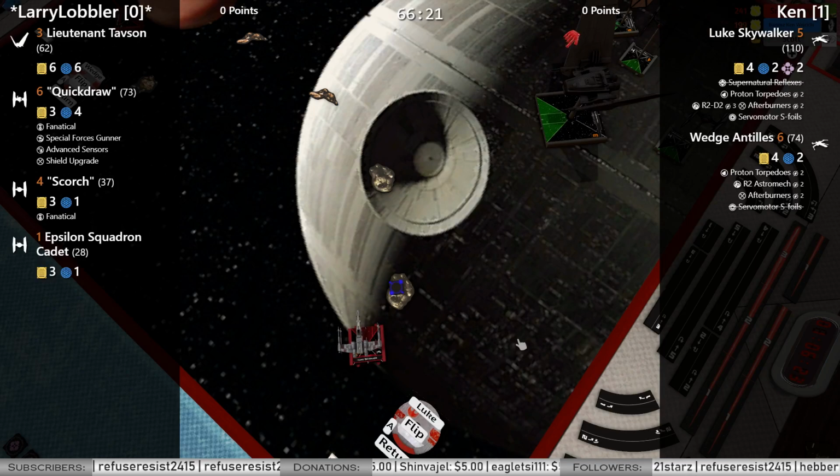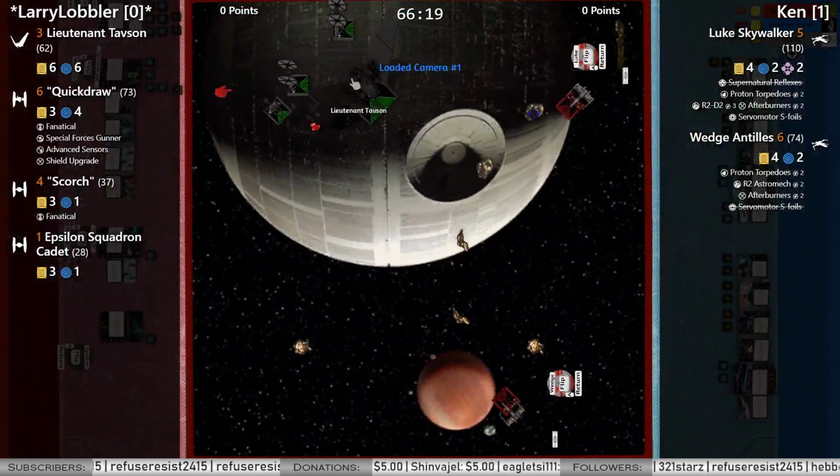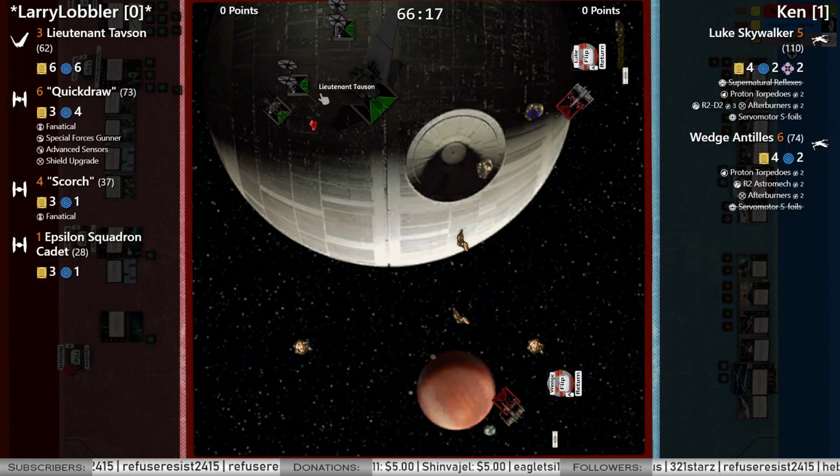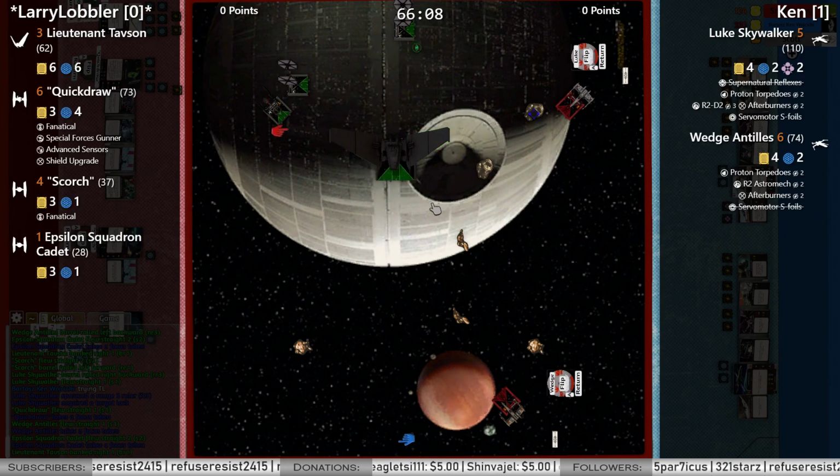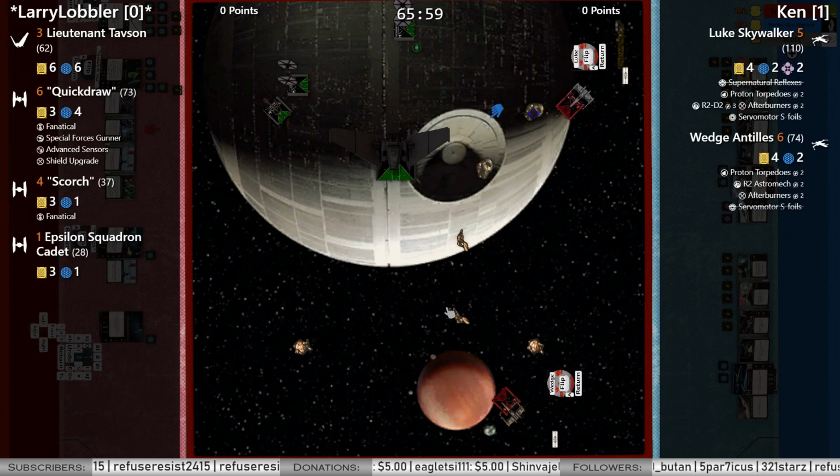Yeah, I wonder if we'll see a ballsy move out of Luke here. There are still plenty of arcs to worry about. Here comes the Cadet with a 2 forward. We'll see if that protects enough against a flank from Luke. Ooh, Tavson committing to the Wedge here. He's going to reinforce the...